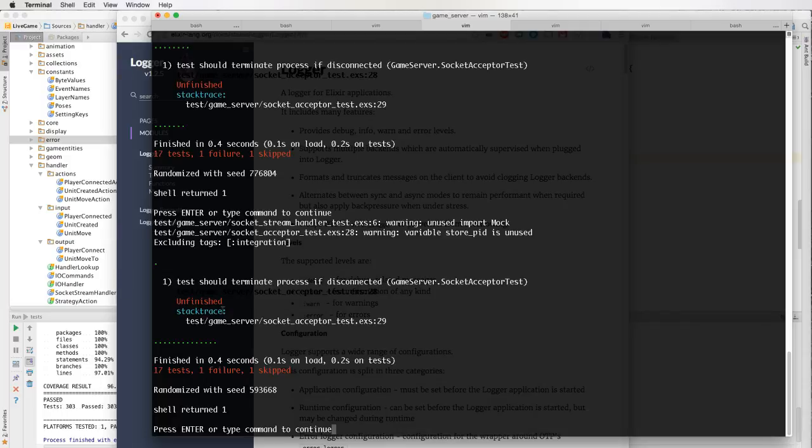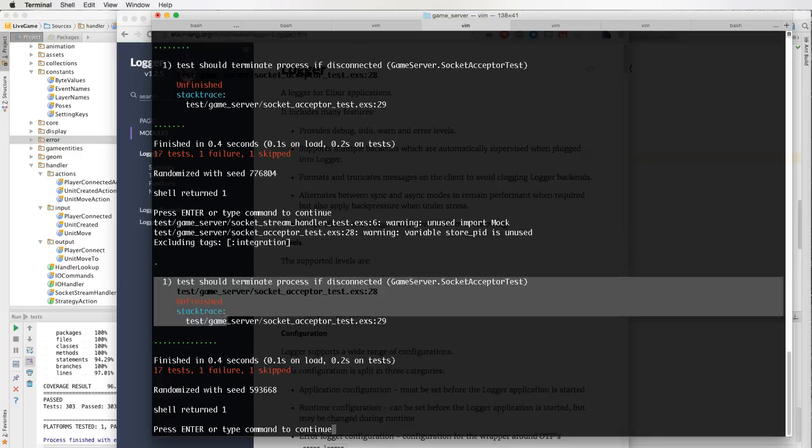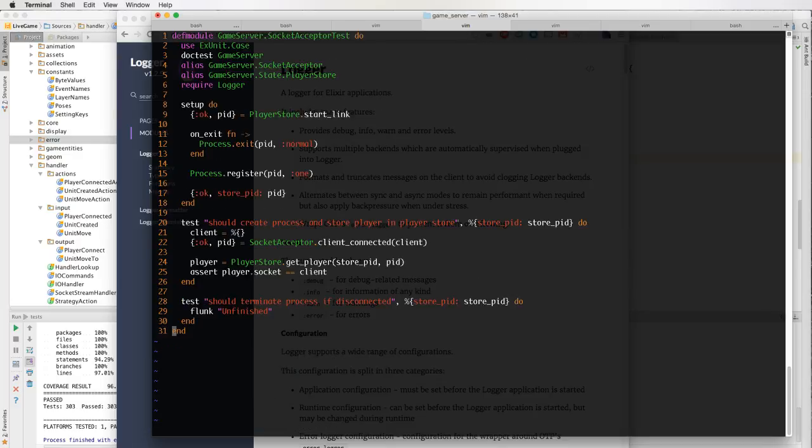unfinished flunked test. Okay, so ooh, that was clever. There's like a black text underneath there. Huh. How neat is that? That's an Easter egg almost. Okay, so